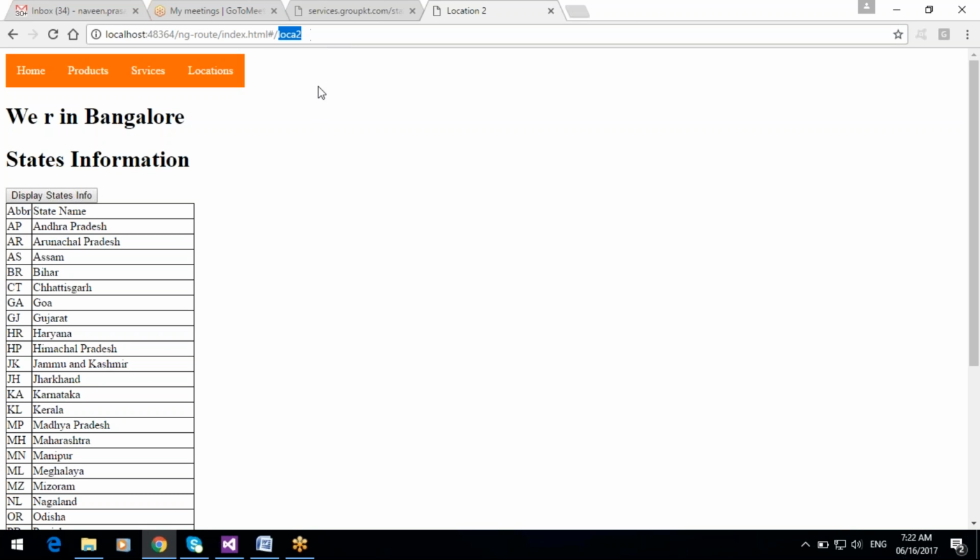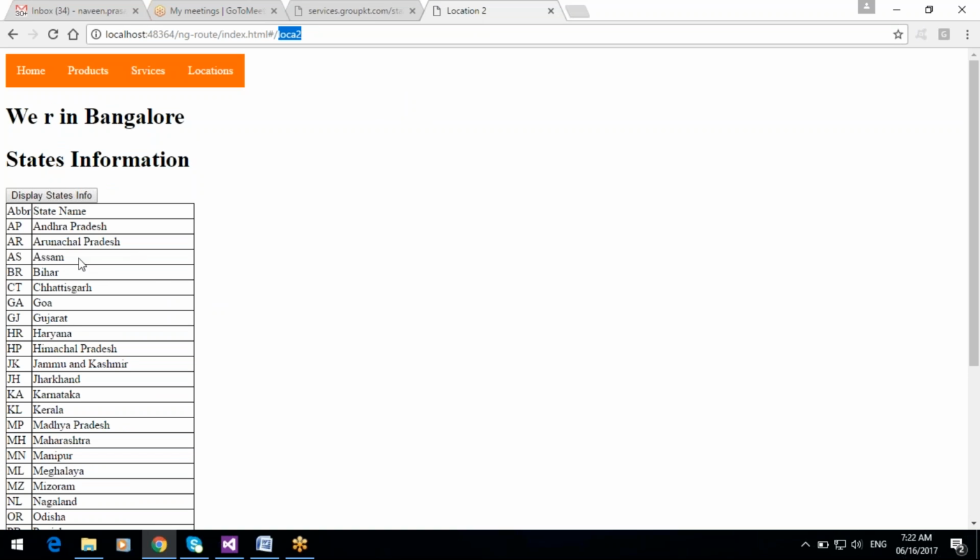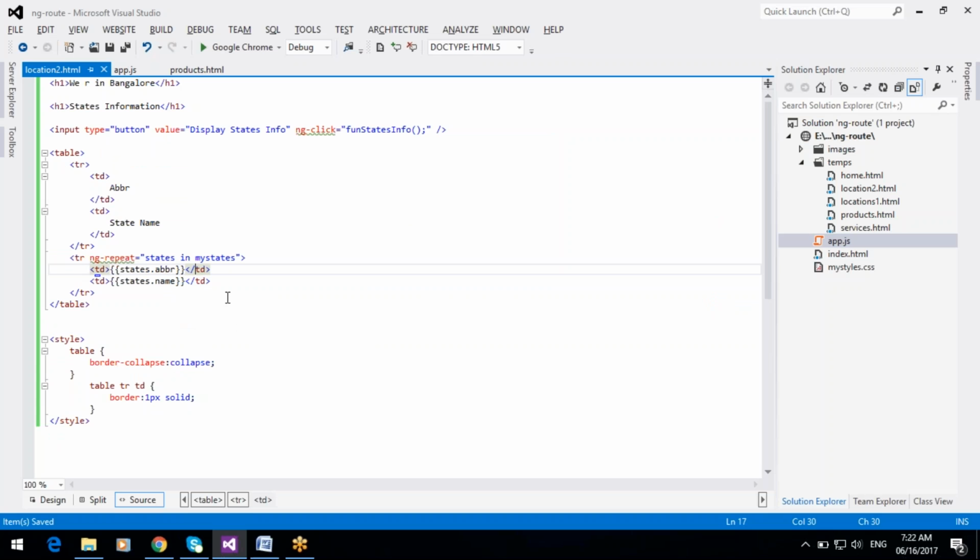In that template, I want to display only the state information, which is nothing but area, largest city, and capital. That is our assignment. Just use anchor tags for the state names.